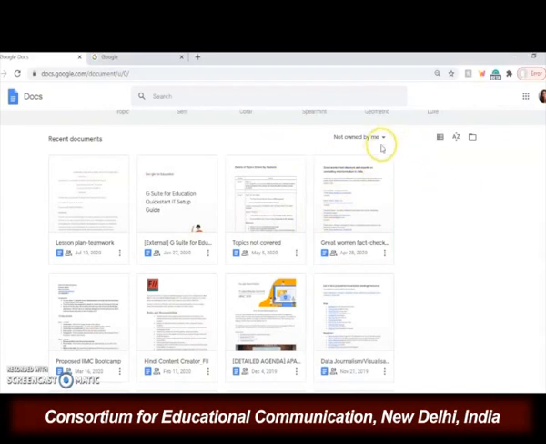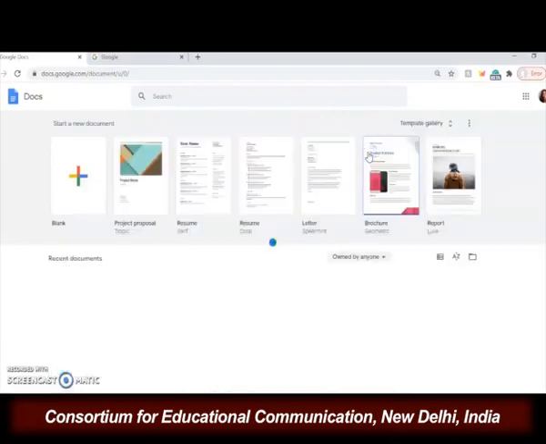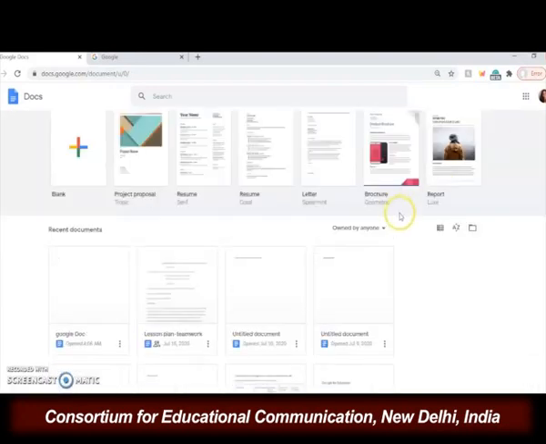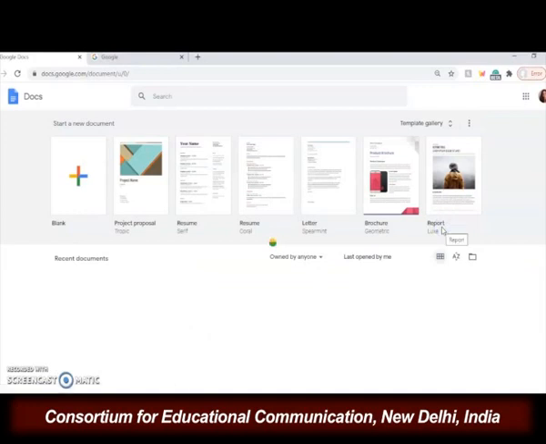So in here, you can also find documents which are owned by anyone, which means not only you, but some people might have shared their documents with you. Similarly, you can find from here the documents which are owned by me and the documents which are not owned by me. From this, you can have a list view of all the documents like this,